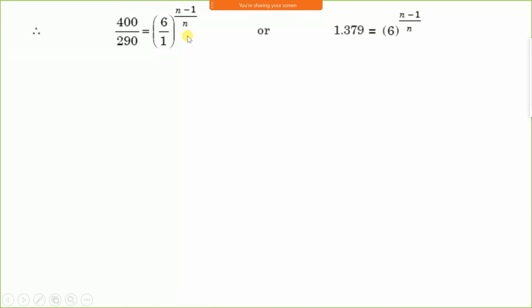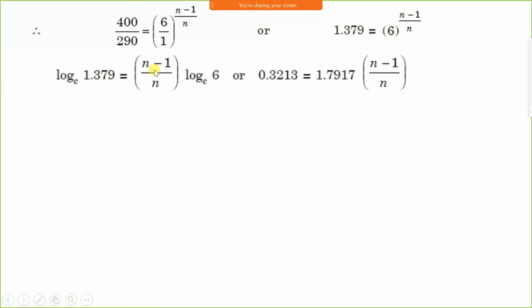If you put these values in the calculator, you can calculate the value of n easily in a modern calculator. But if you have an old calculator, then you have to solve it further by applying log on both sides. If you are using a new calculator, this equation can be solved directly, with no need to apply log. But in an old calculator, this equation will not be solved; you will get an error. Therefore, to solve this equation in an old calculator, apply log on both sides.